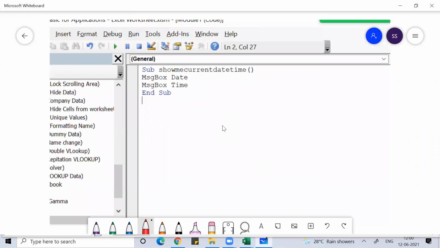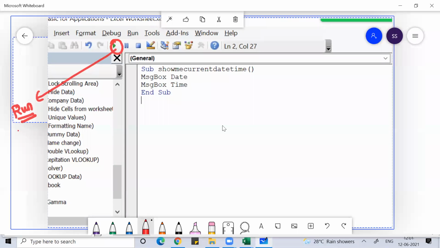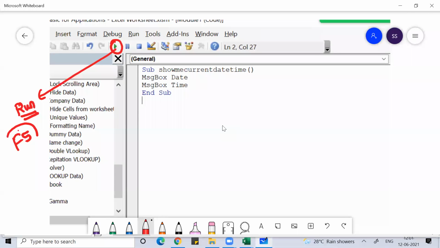You see this. After you write everything, click on this, or you press F5. This is Run. This is called Run.